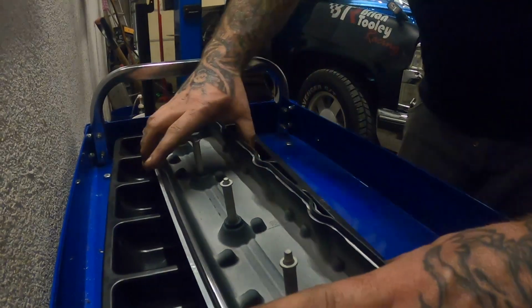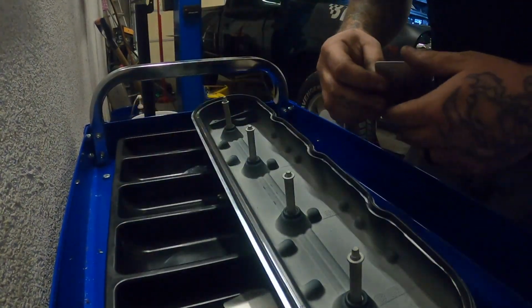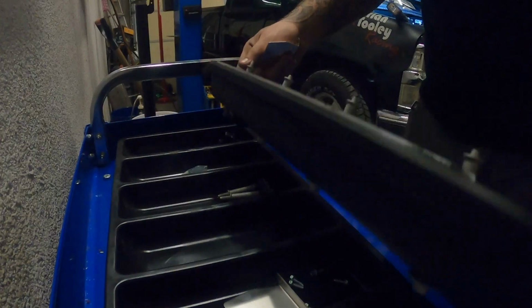The only other thing we got to do now is get the baffle in this side, which is going to go